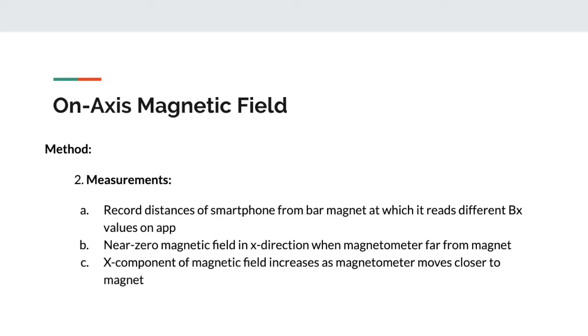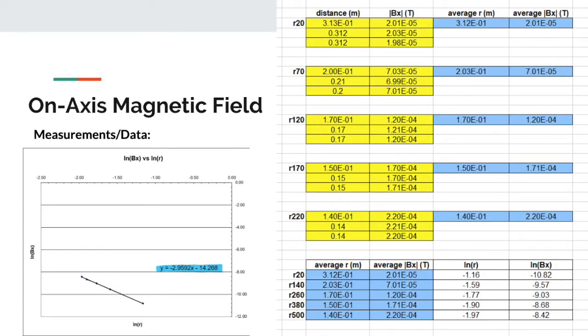In measuring these, I found that when the magnetometer was far from the magnet, there was a near zero magnetic field in the x direction, but the x component of this magnetic field increases as the magnetometer moves closer to the magnet. This represents my results from the first part of the experiment, with the distances and corresponding x component of the magnetic field listed in the table. These results combine to form a graph as shown on the left, with the equation representing this line as shown